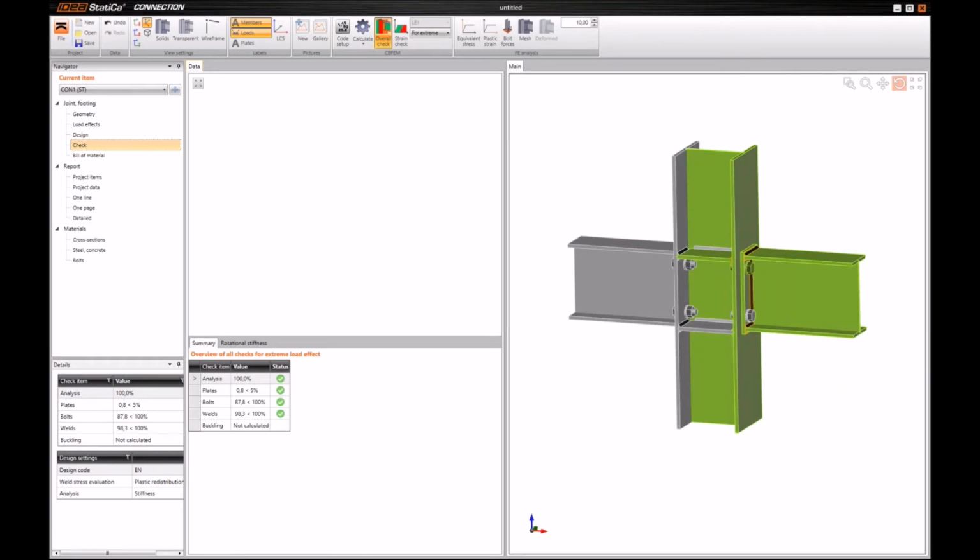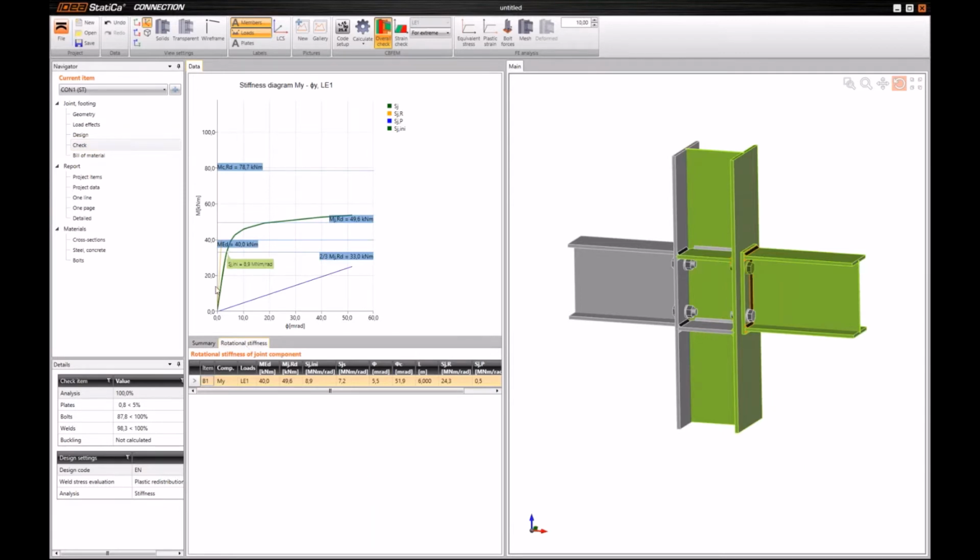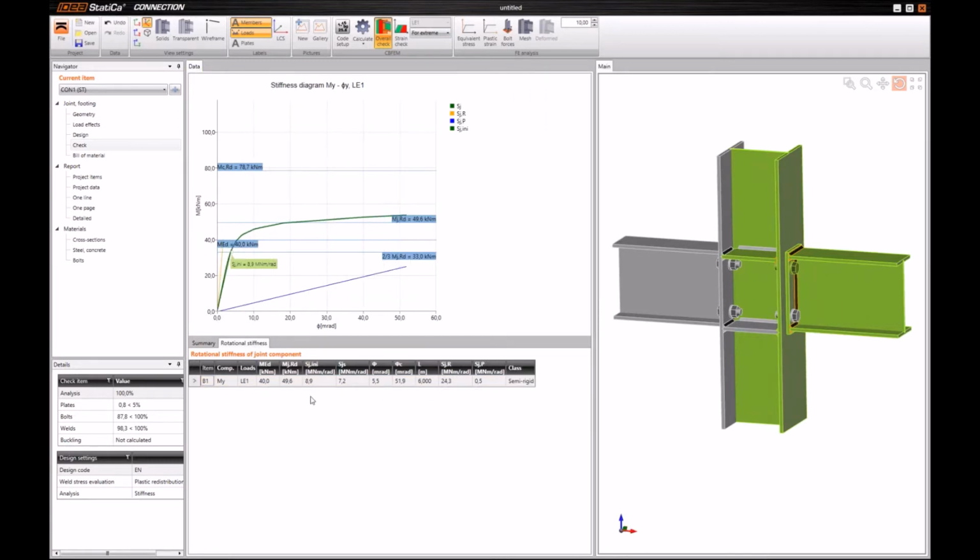In IDEA connection, our connection is already solved. I will skip the overview of the checks since Adam presented all these details, and I will go straight to the rotational stiffness tab. So here we can see a table of results, and these results presented as a diagram. So I will start explaining the diagram a little bit. I will start from top to bottom. First, the top line is the member's bending resistance. Next, we have the joint resistance,